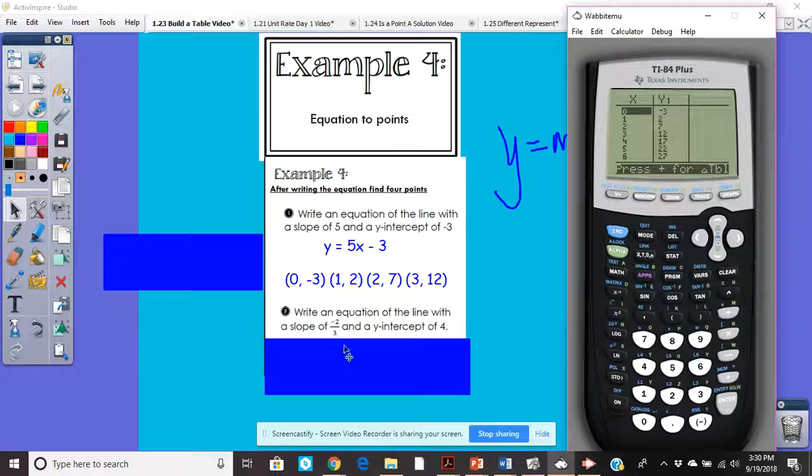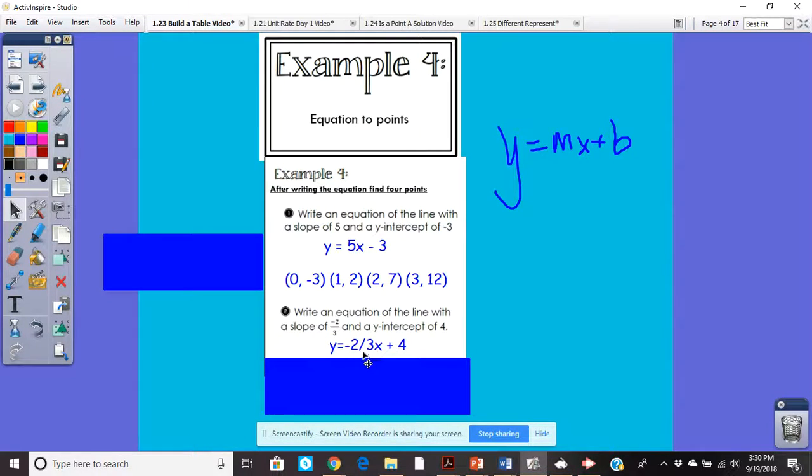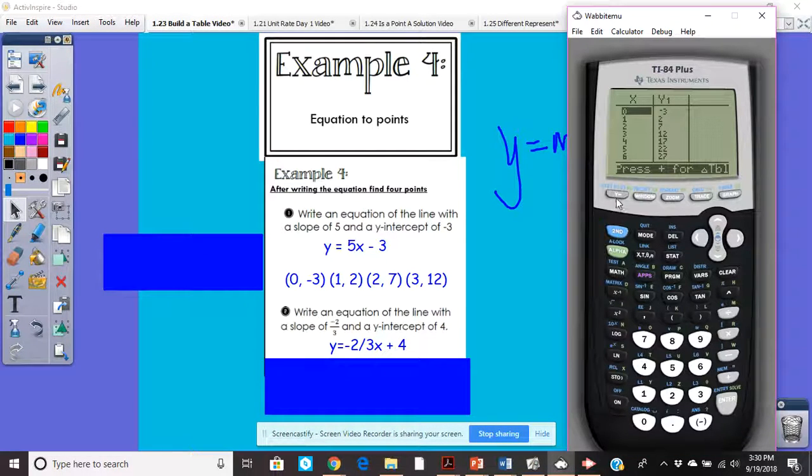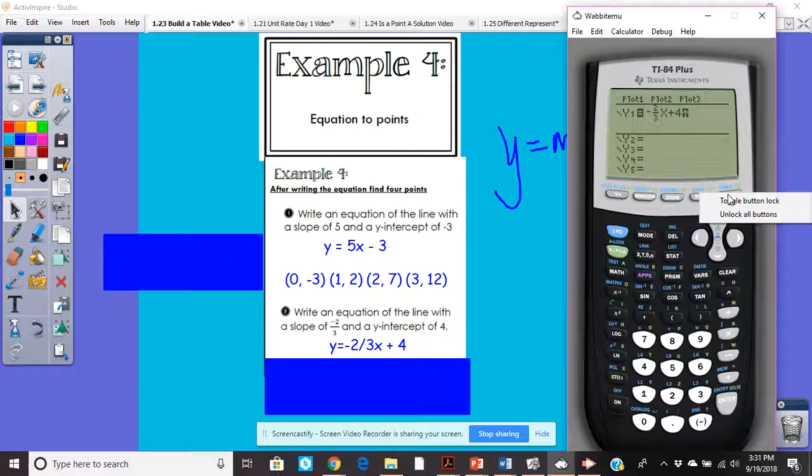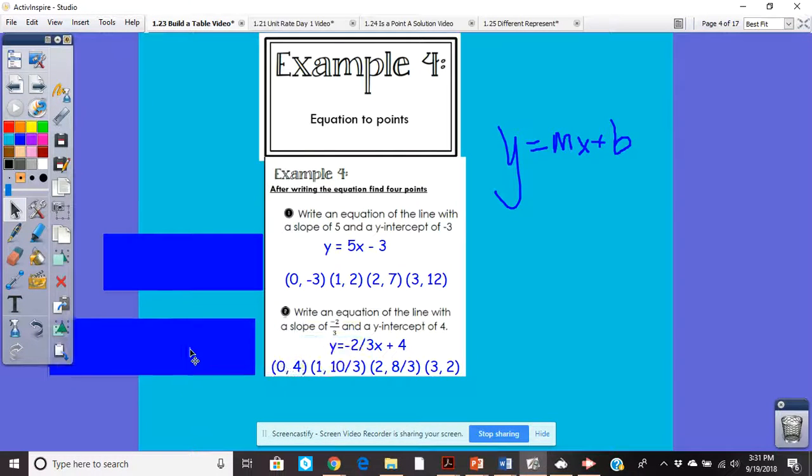0 and -3, that's this first ordered pair, 1, 2, that's the second ordered pair. And so the very last one for these notes, we've got write an equation of the line with a slope of -2/3 and a y-intercept of 4. And so to find your points, you're going to type your equation in. So -2/3 x, again, make sure you get out of that fraction, plus 4, second table,